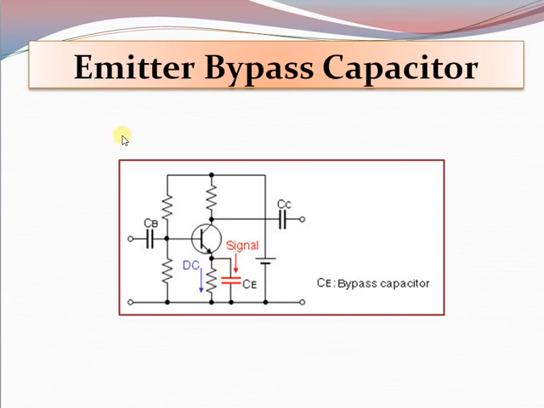When an emitter resistance is added in a CE amplifier like the one which is shown here, its voltage gain is reduced but the input impedance increases. So whenever a bypass capacitor is connected in parallel with the emitter resistance, the voltage gain of the CE amplifier will increase. If the bypass capacitor is removed, an extreme degeneration is produced in the amplifier circuit and the voltage gain will be reduced. So clearly in the emitter configuration we make use of the bypass capacitor to obtain an increased value of voltage gain.